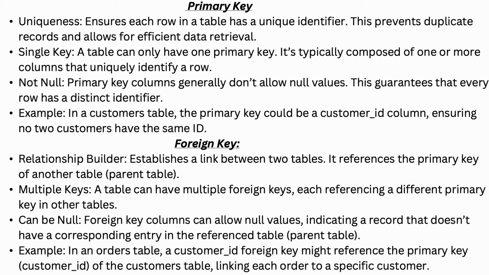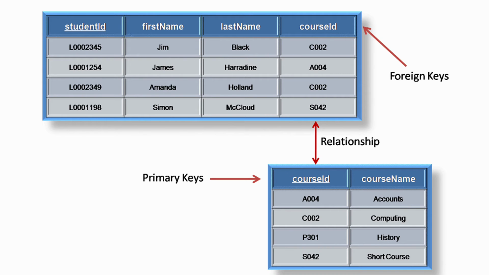whereas foreign key establishes a link between two tables. It references the primary key of another table, and a table can have multiple foreign keys, and it can be null. This is one of the classic examples where primary key and foreign keys with different tables are relating to each